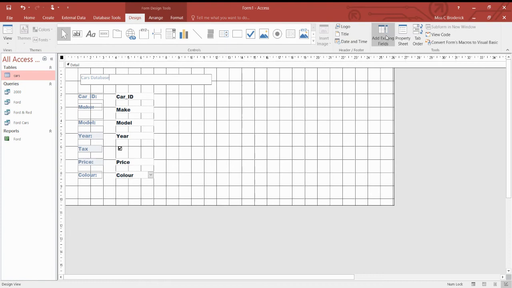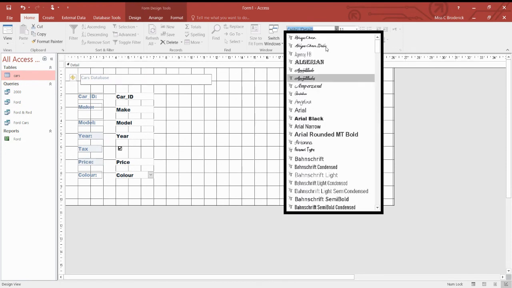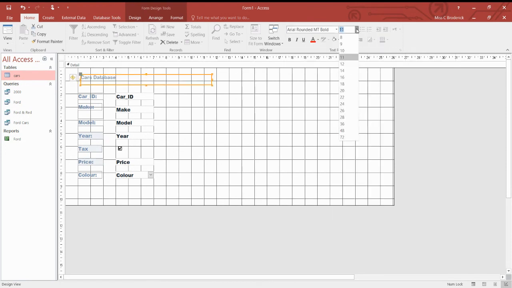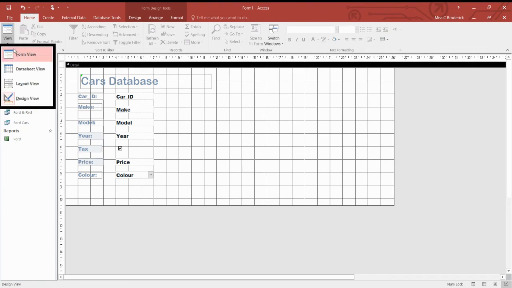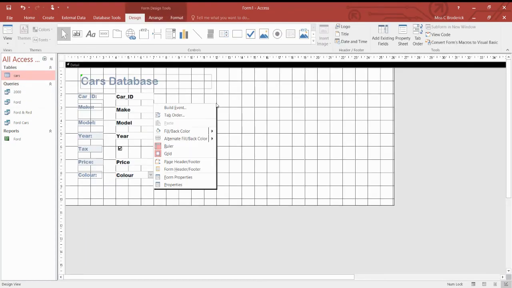Now, I can't change the color. If I go to Home, this is grayed out. What I've got to do is click off it, back on it again, and then I can change the font. So choose a nice professional looking font for the top. Maybe you want to change the color of it, or center align it. There it is there. The last thing maybe that you want to do is change the background color. You can just right click, Fill Background Color, and you've got